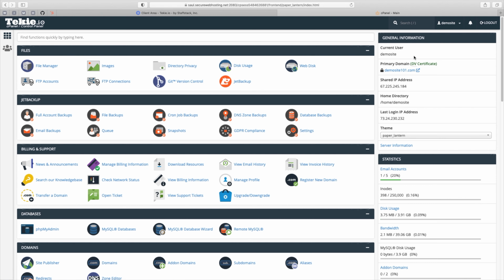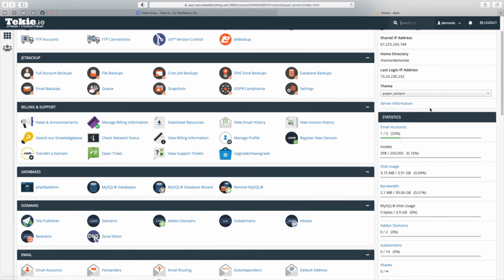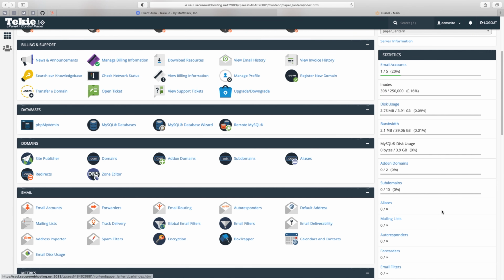So on the right hand side you have your server information. That's the IP address that you're on, your primary web domain name that you use with this account. You also have all of your quota statistics. Okay, this is not the same as analytics or metrics for visitors of your website. This is for the package that you're paying for hosting, and this is the standard package. And this shows you how many email accounts you can create, the maximum number of files